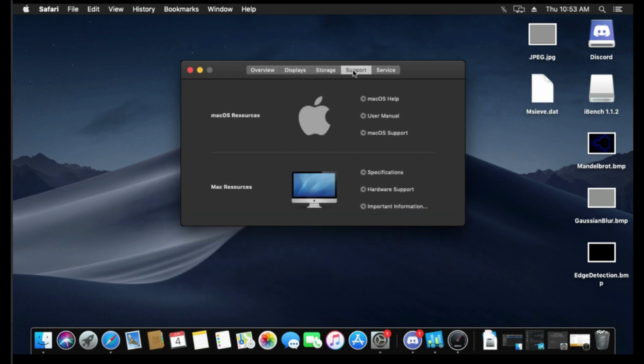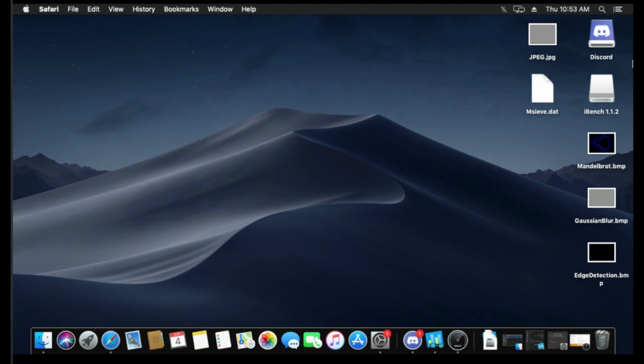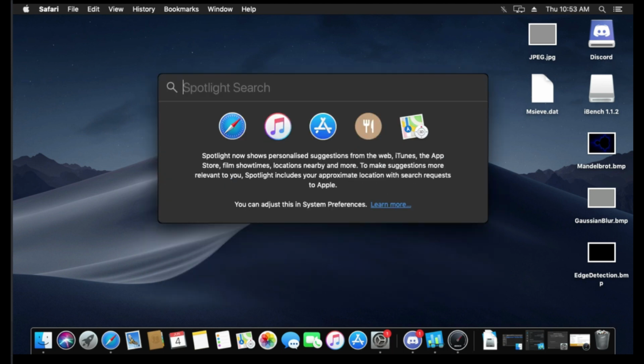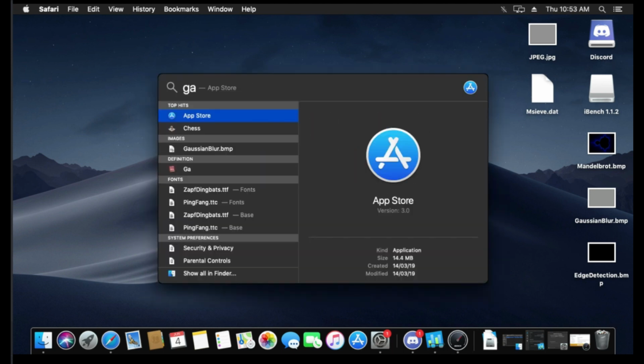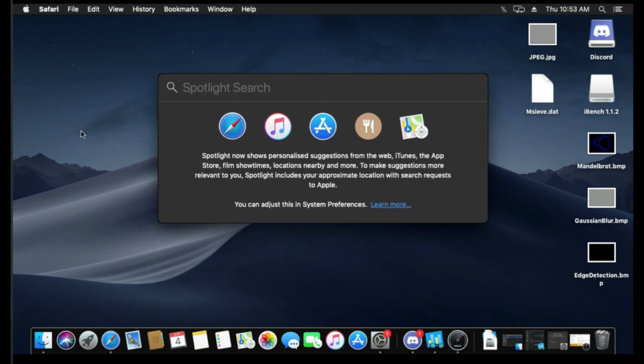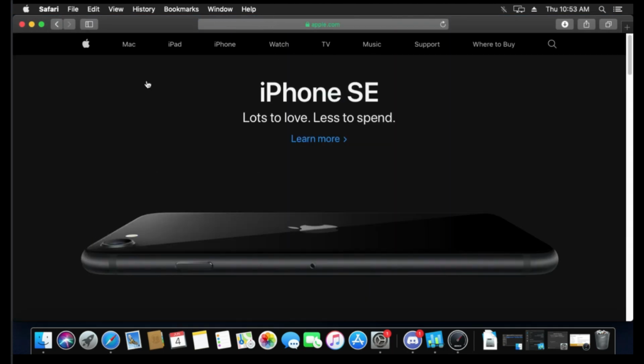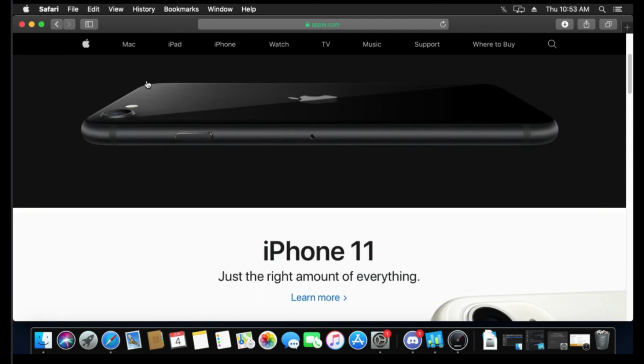We can further see the display settings, storage settings, support, and service. Here is a demonstration of using the search feature in the installed OS. Finally, we open an application, Safari, and watch as it loads Apple's homepage without any connection issues.